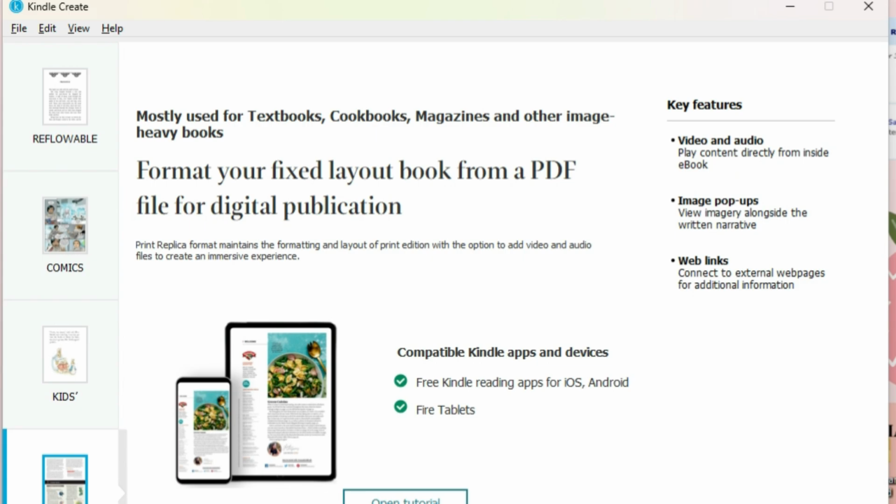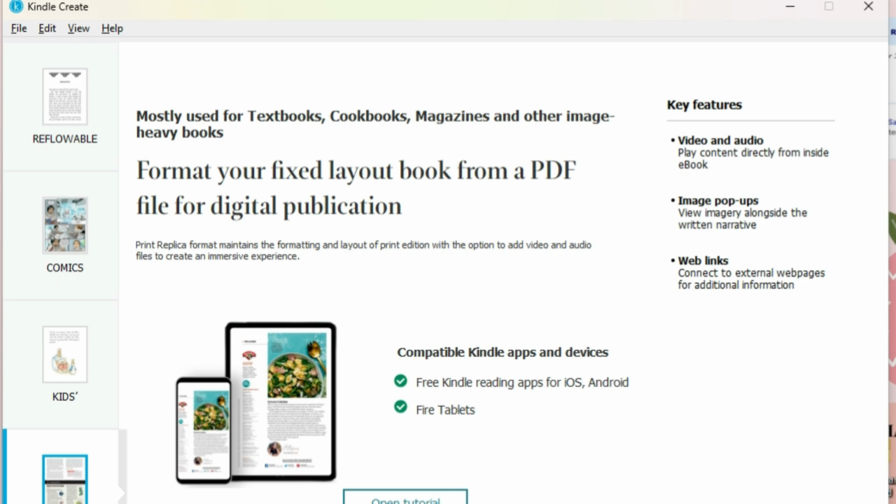Now you also have print replica. The example they're giving here is like for a magazine or a PDF. There are a lot of people who are on Etsy doing printables. Like printable PDFs, checklists, things like that. They don't really have a great corollary for Amazon. So I've seen people try to do it this way, but the downside is, again, you're limited to even fewer devices. So I think if you want to sell a PDF, go to Etsy, go somewhere else. Like I really don't think Kindle's your option, but it is an option here on Kindle Create. So you're aware of that.